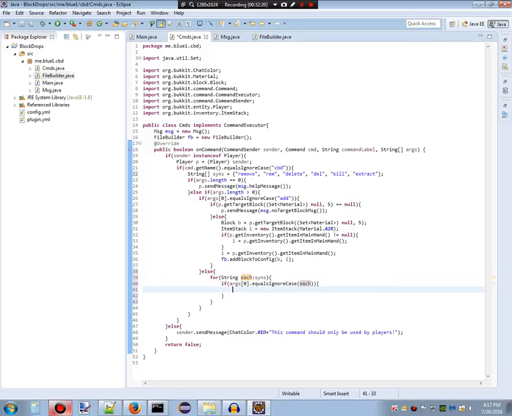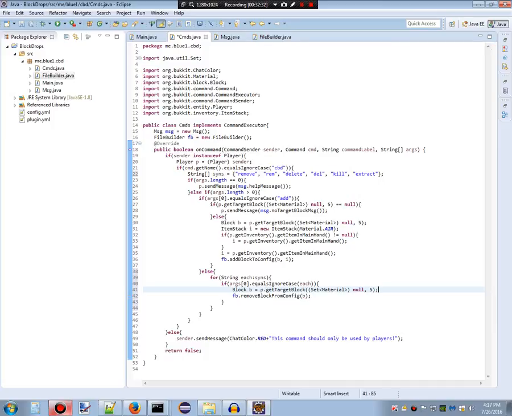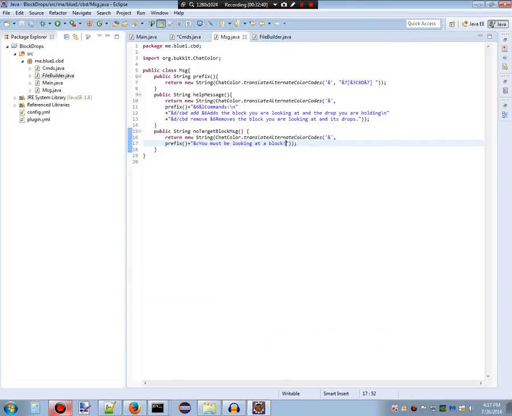Then we'll use fb.remove block from config b, which is this right here. Just like that. Is that all? Let's create new messages for these things. For public string,